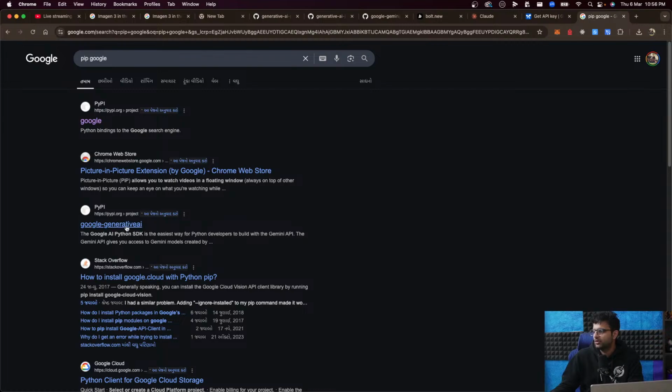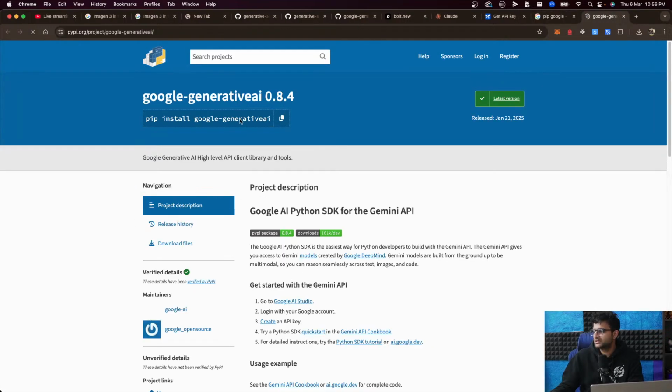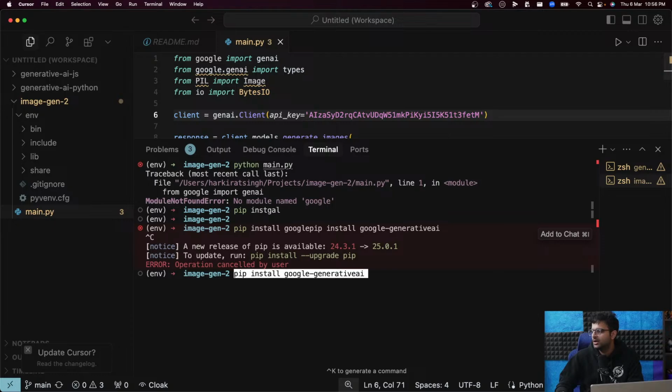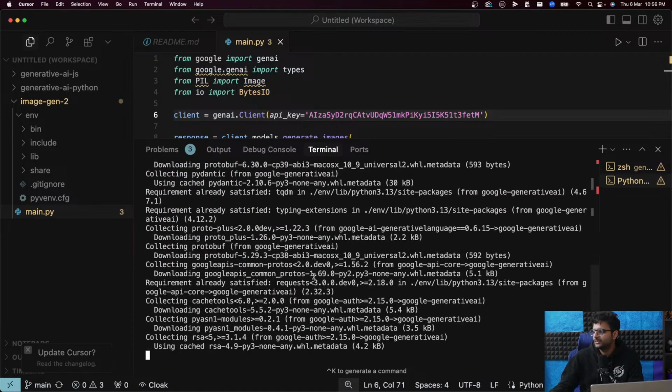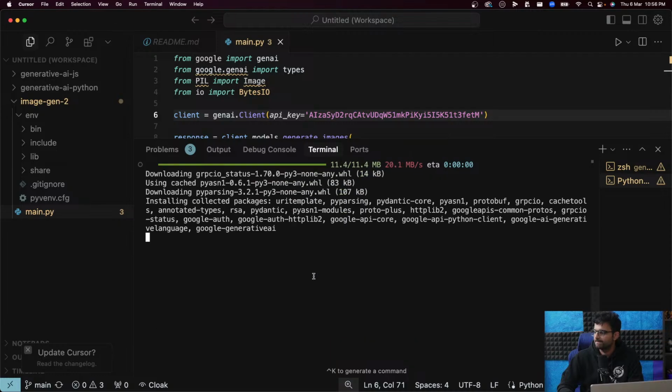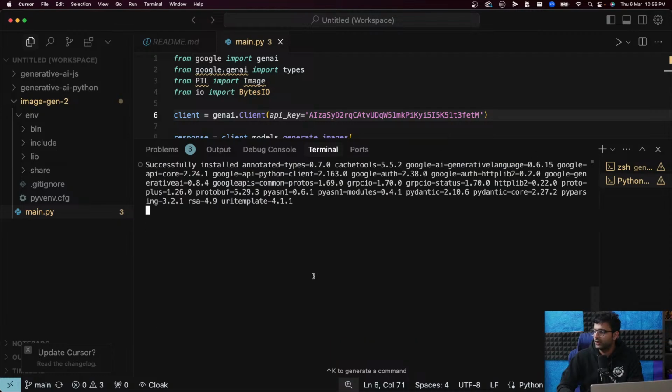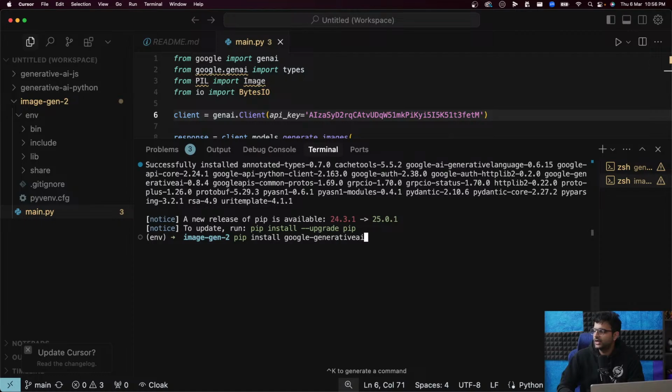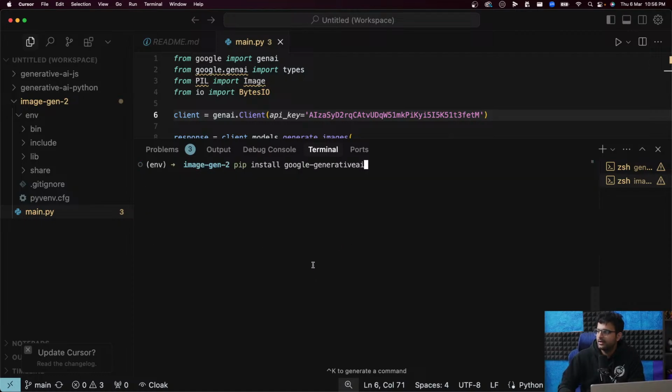I need some module, most probably Google Generative AI. That's the one. So pip install Google Generative AI. We'll wait for it to install. What is the command that I ran? What is the command that you needed to run? Pip install Google Generative AI. After I do this and I try to run Python, I